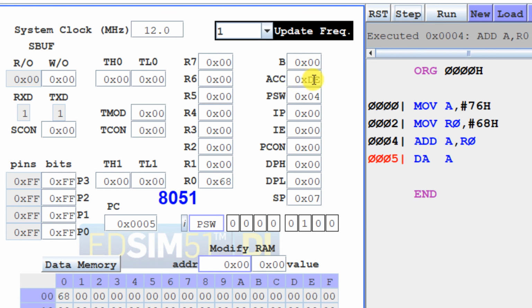DE. Both the nibbles are illegal codes. They are not the legal codes, and therefore when we execute the DAA instruction, that will be modified to the result as 44. That is the result, and there will be 1 in the carry bit indicating that the answer is 144. So your BCD addition of these two numbers is 144. So that is how the correction is made by the DAA instruction for BCD addition.